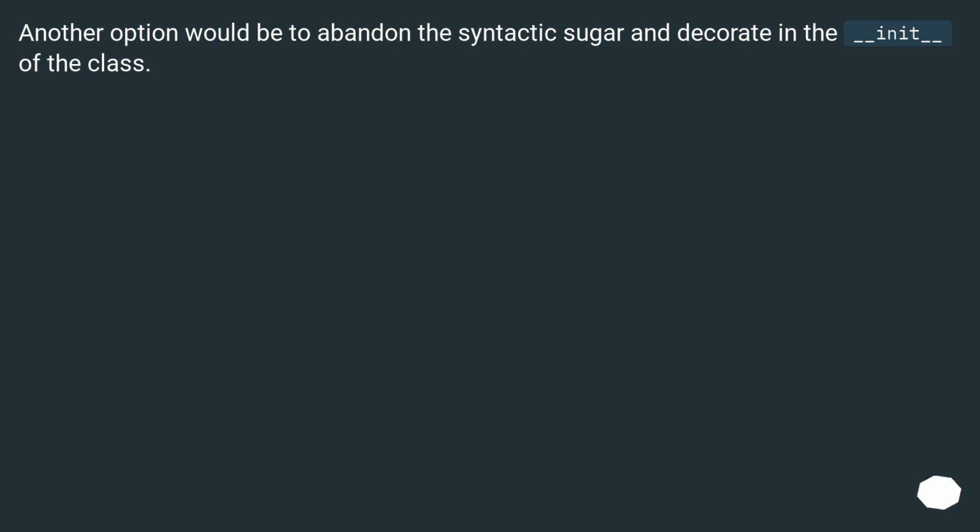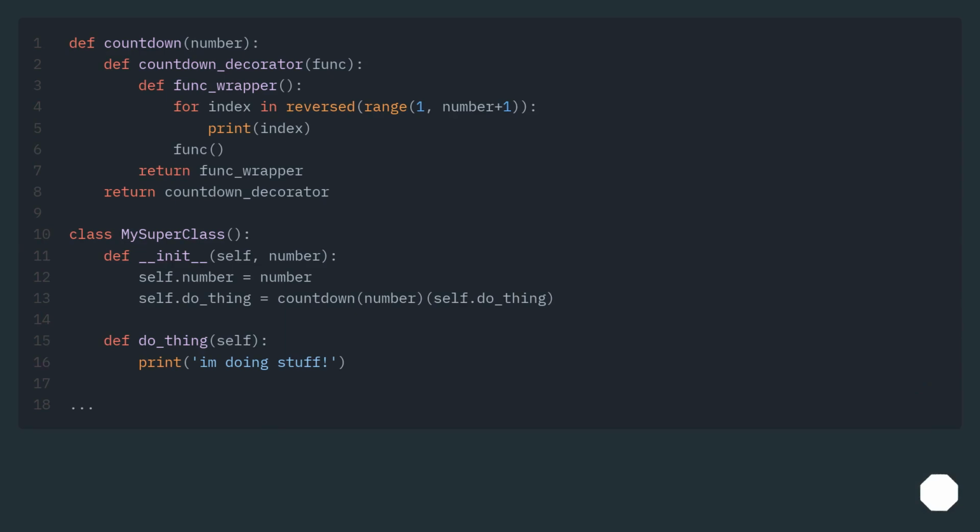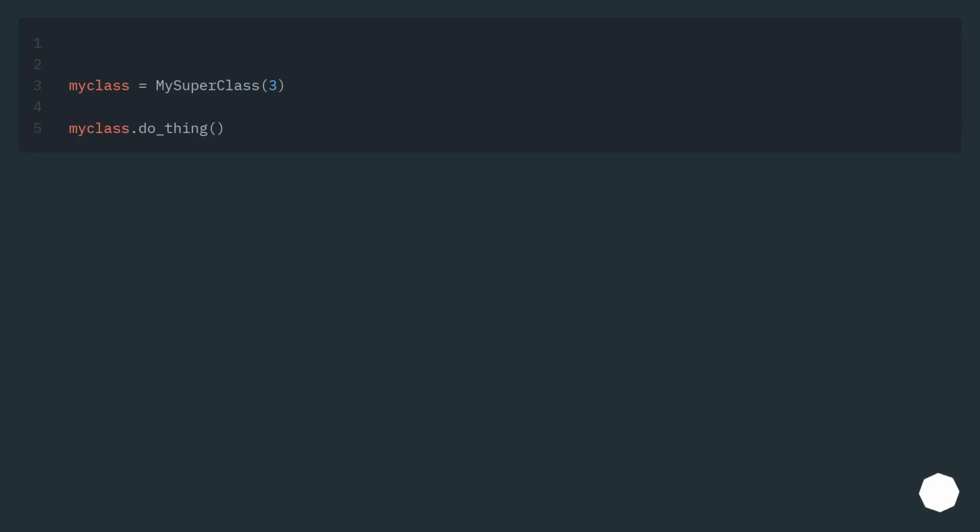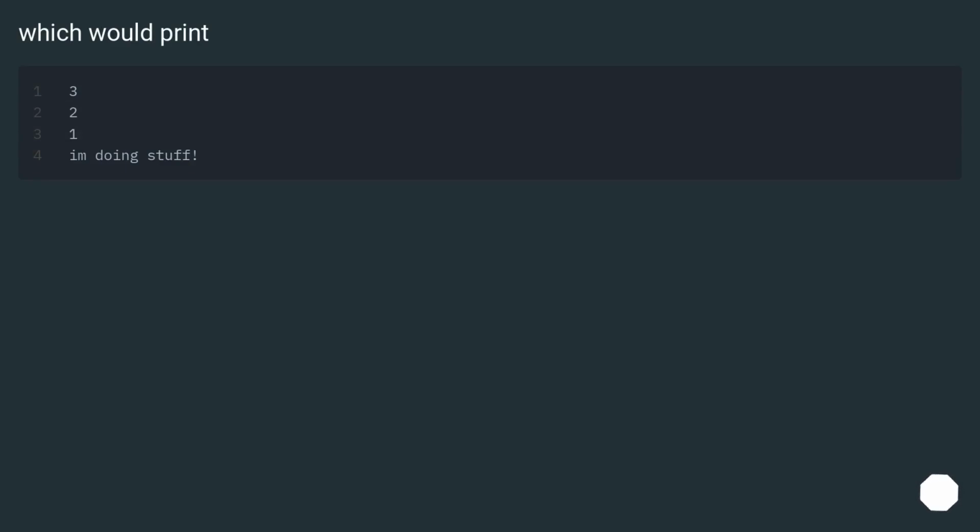Another option would be to abandon the syntactic sugar and decorate in the __init__ of the class. Which would print